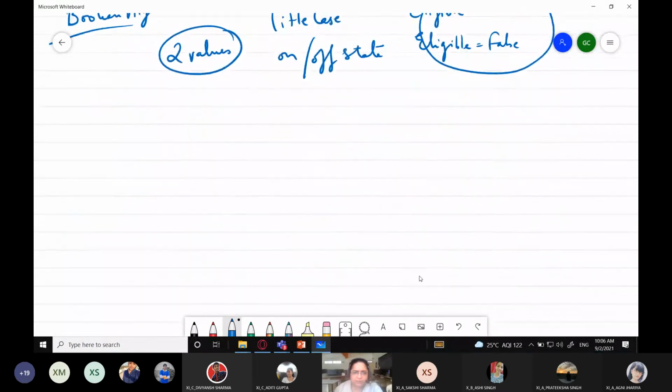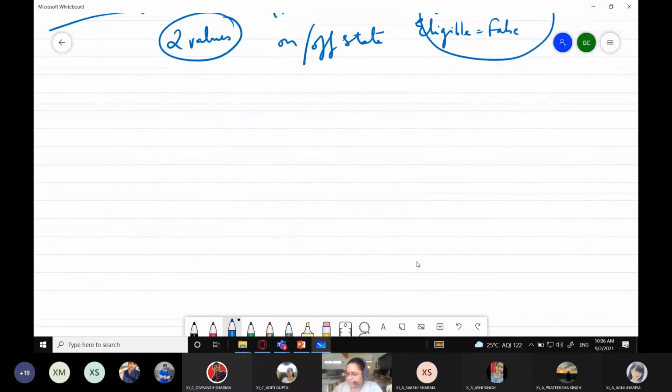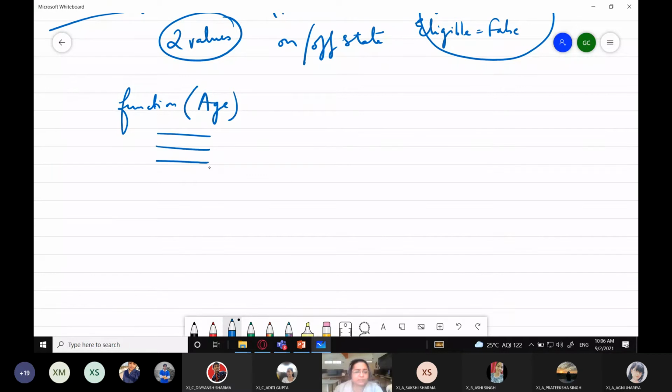Another example I'm giving you all. Suppose you are creating a function, a small subprogram, where you pass the age of the person to this function, and this function deduces whether the person is eligible to vote or not, and it returns a value. It returns the value of this variable eligible.